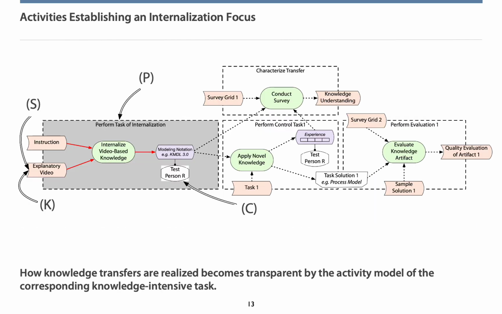At which part of the process knowledge is generated, which kind of knowledge is generated, and how activities are separated, all this can be specified by the activity view. So the task of internalization can be isolated by design from the knowledge control task. Further, one can specify the part of the process that is affected by the initially selected influence factors of stickiness S, pressure of time P, the task's complexity K, and competence C.